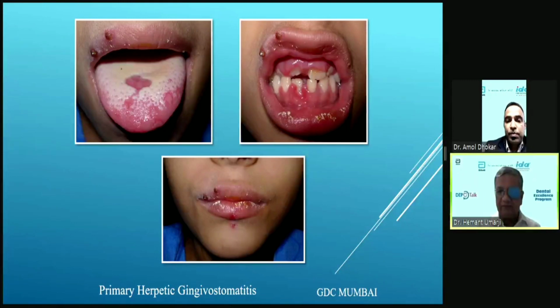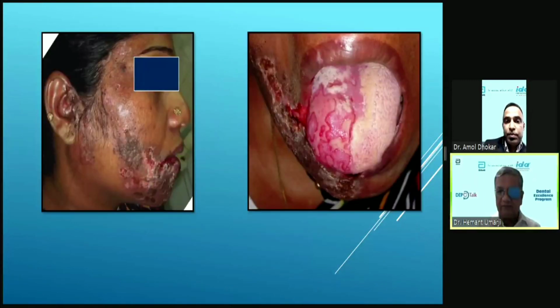Now, supposing I ask the audience: if you take a ruler and divide the face, or the tongue, exactly in half, the ulcers are present on one half and the other half looks totally normal. What is this condition? This is a typical unilateral presentation of herpes zoster. This is a young patient, otherwise it is more common in older individuals. The patient develops a red area and very severe unilateral pain, that is preherpetic neuralgia. Then a red patch appears, vesicles appear in it, the vesicles rupture and weep serum, and then they crust. So this is typical of herpes zoster.